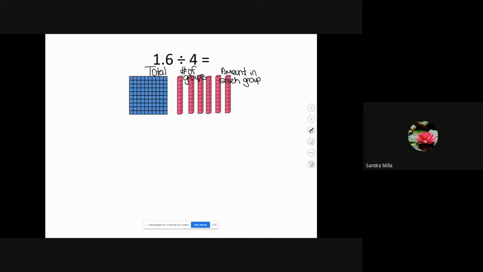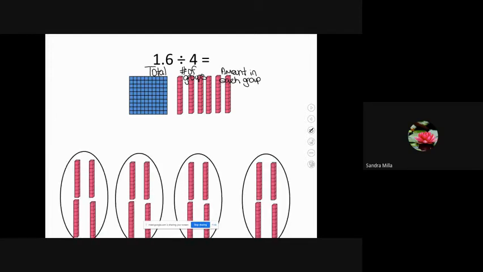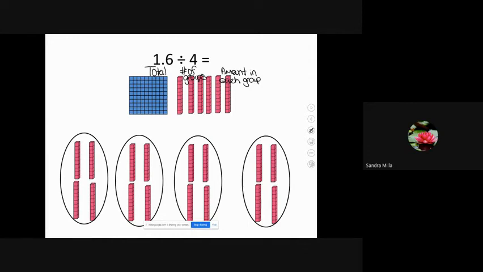Because we should see a relationship between 16 and 4. I know it's not 16, but if we took the decimal point away, it would be 16, and we should see a relationship there between 16 and 4. So what I did was I ended up having to get 10/10 from my 1 whole, just as if you were to have your 1 whole dollar and you break it down into 10 dimes. And with my 10/10 from my 1 whole, and the remaining tenths that I have left over, which is 6, plus 6/10,